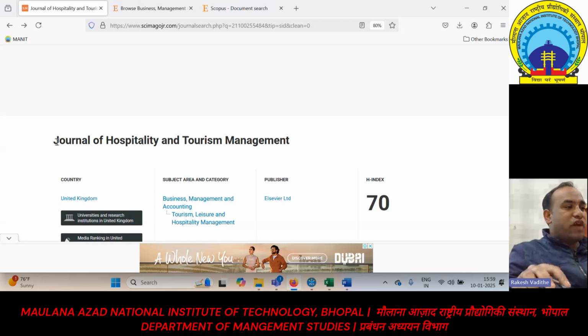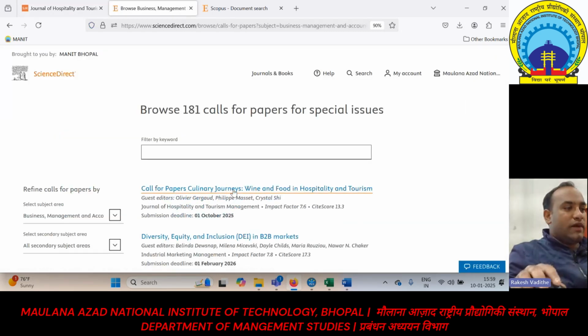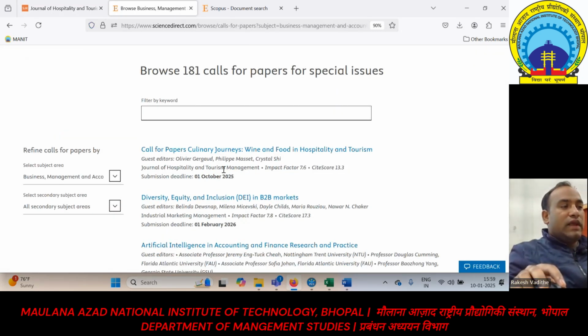Here you see Journal of Hospitality. They are calling for papers. Then suppose your paper got rejected in this special call for papers, then try to submit that paper in a regular issue. Just change the title and abstract, and again send that paper to Hospitality and Tourism Management. In case they are rejecting your paper,